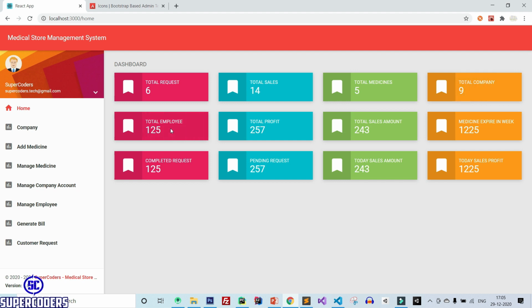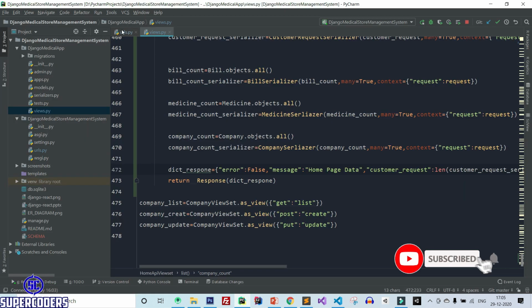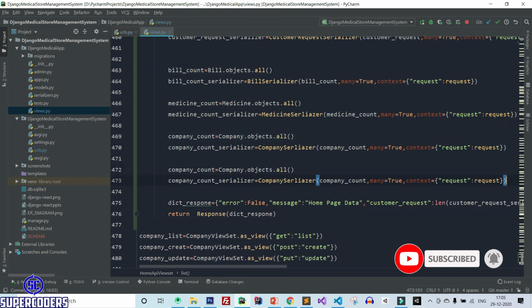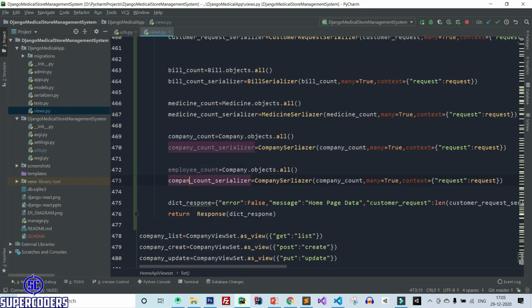Let's work on the other part, which is total employee. Back to PyCharm, copy it, paste it, employee count.